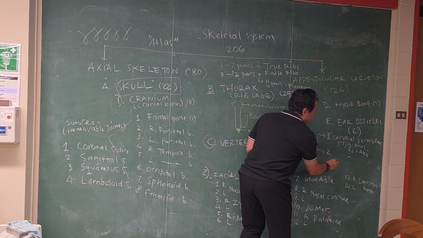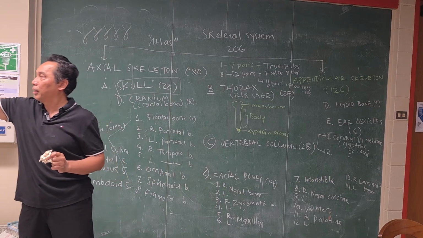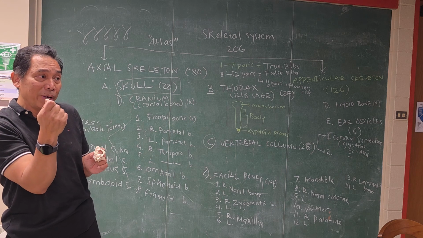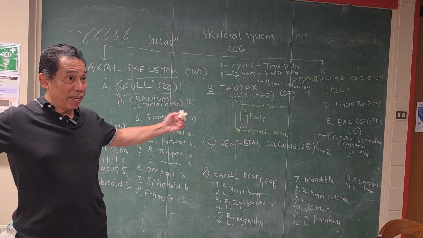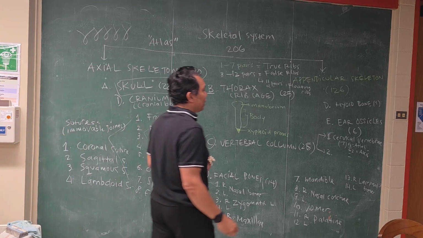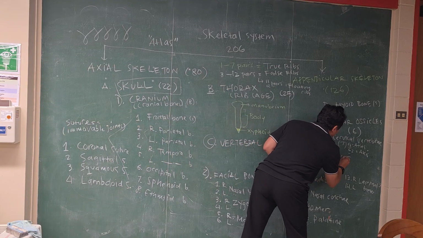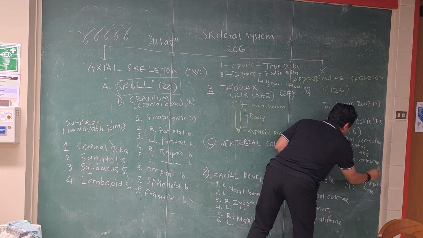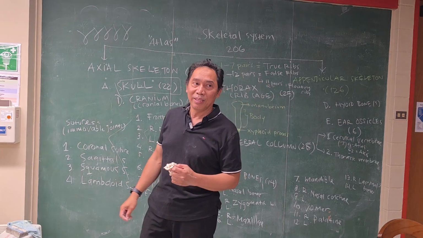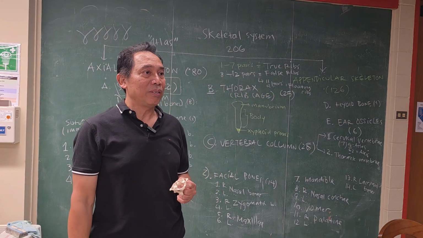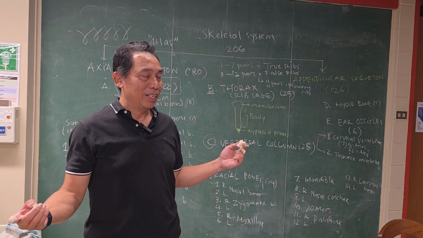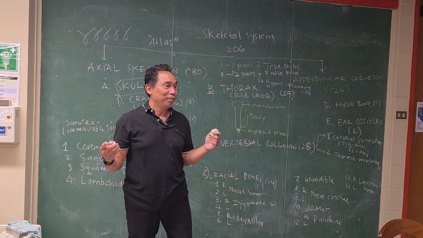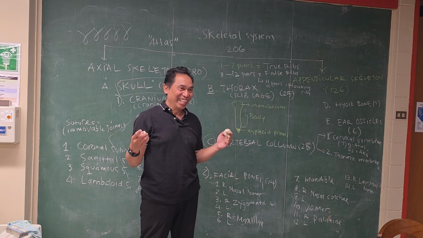Second part, this is in the thorax, on the back. And each of these vertebrae will attach with each of the ribs. So therefore, how many is it going to be? 12, because you have 12 pairs of ribs, right? Now the name is going to be thoracic vertebrae. And the names will be T1, T2, T3, T4, T5 until T12. Thoracic 1, thoracic 2 until thoracic 12. That's an easy name, right?